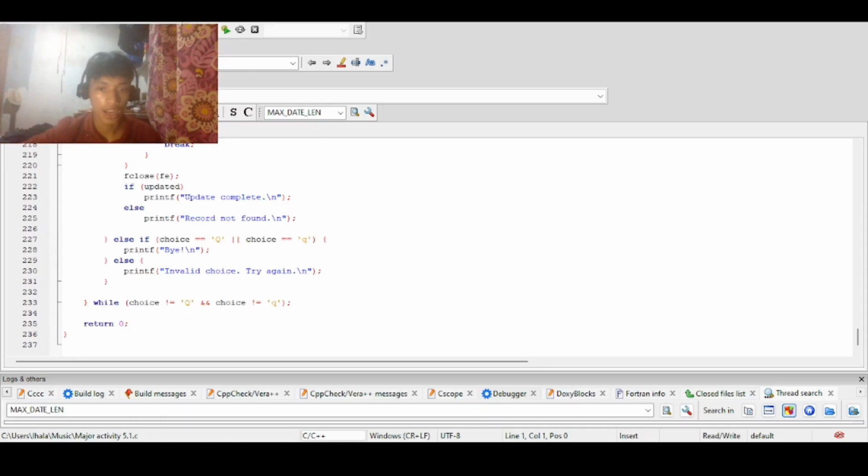Then we have here a conditional statement, which is the final else if block within the do while loop. So the else if equals to q or lowercase q will say printf bye. So it displays the bye message. Then otherwise, the else block is executed if the user enters any other invalid choice. So it prints invalid choice, try again. And that's our